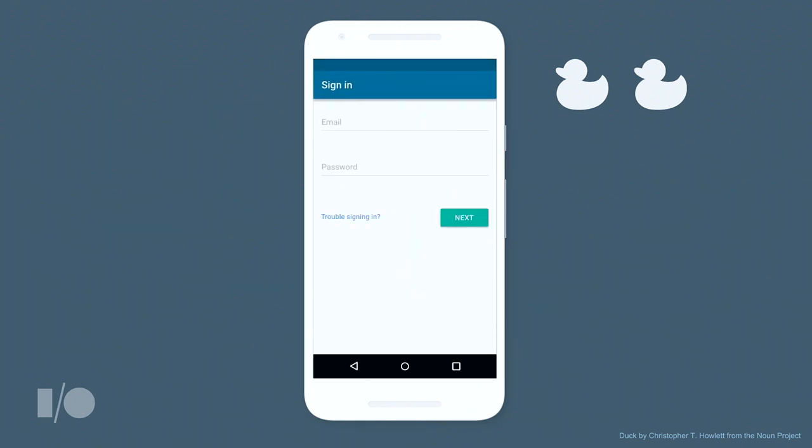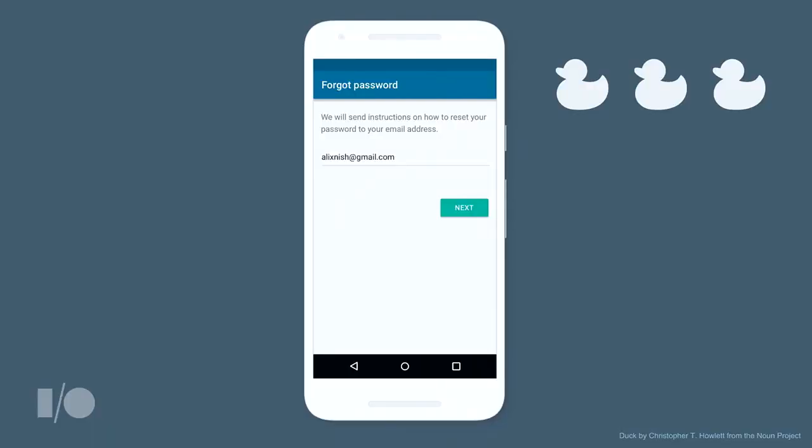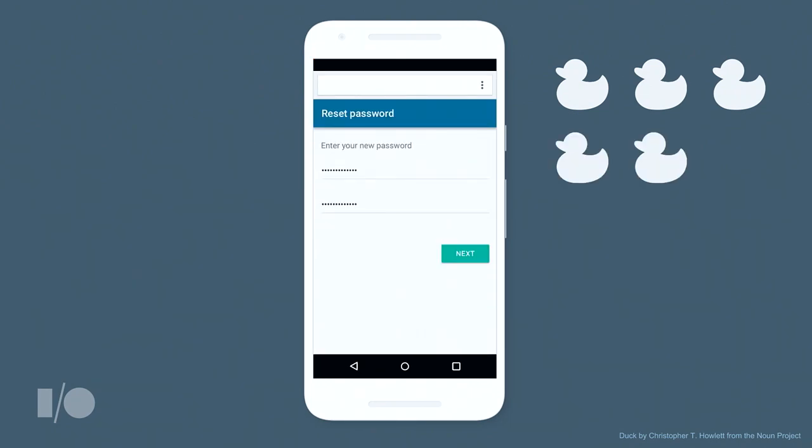So she tries to sign in. She types her password that she uses every day. Libby, please don't always use the same password. It's not safe, by the way. But anyways, she tries, and it's not the same password that she used last time. So since Libby is my best client ever, and she's going to keep pushing to use this app, she's going through the recovery flow. So she'll have to type her username, check her email, click here, and then she'll be back to reset her password. She's going to type her password 2 times again, and success. The password is reset. She tries to sign in.